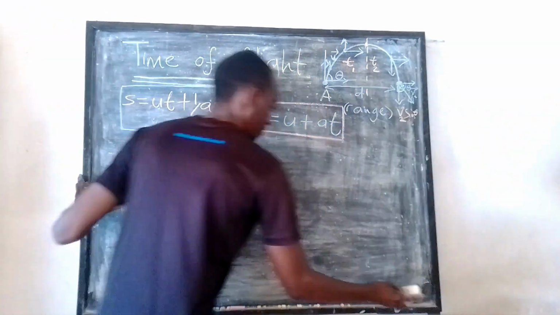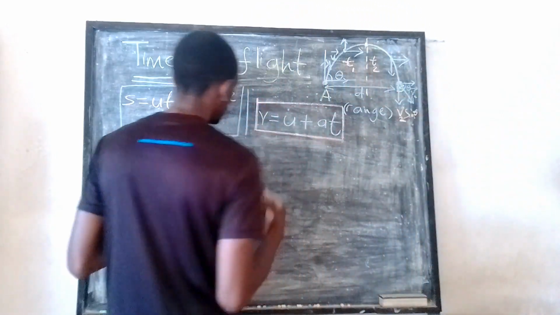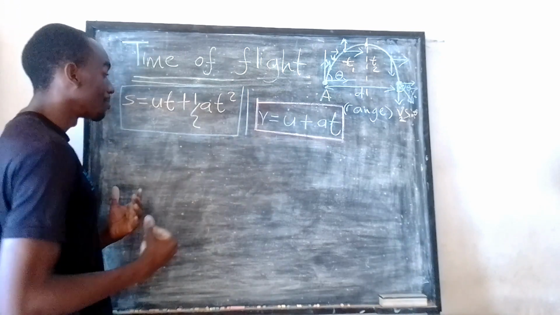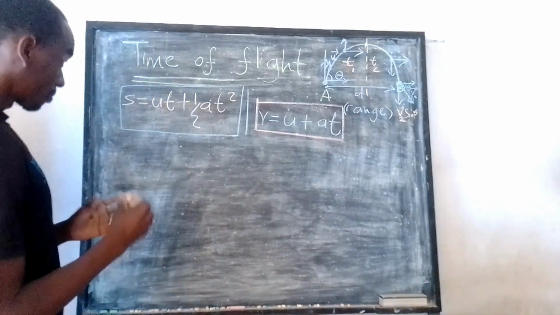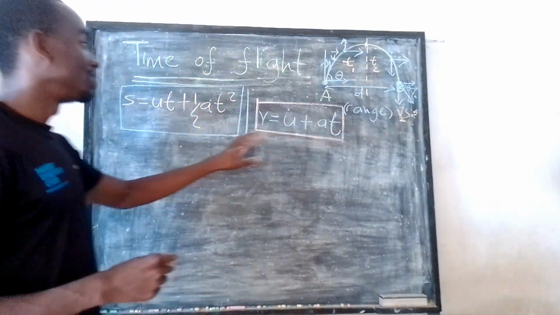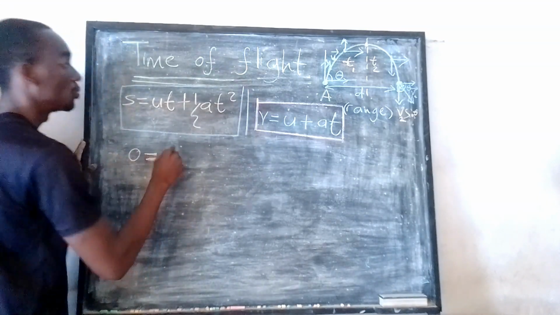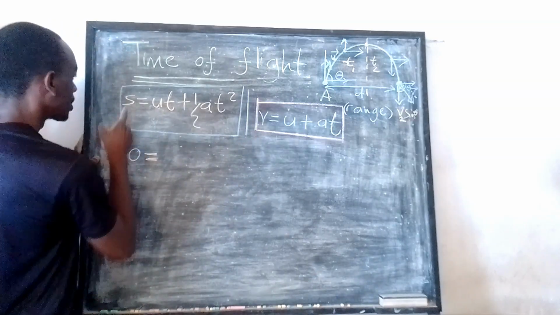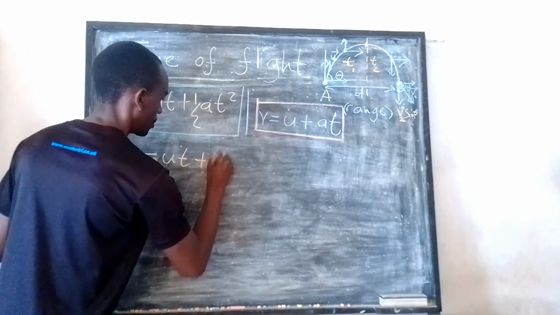Now I'm going to rub this. So if you do decide to use this formula, I do not recommend using this formula. But when things are tight in your test, in the exam, and you're forced to use this formula, please bear this in mind. So the displacement during this entire journey we have just shown is 0. So S is 0 during this entire journey. So it leaves us with this: S is equal, 0 is equal to u t plus half